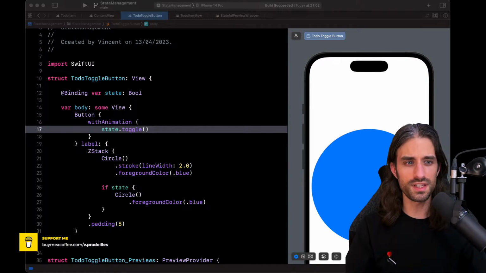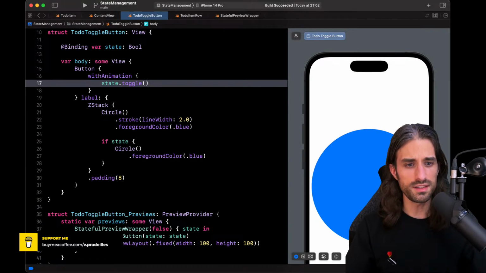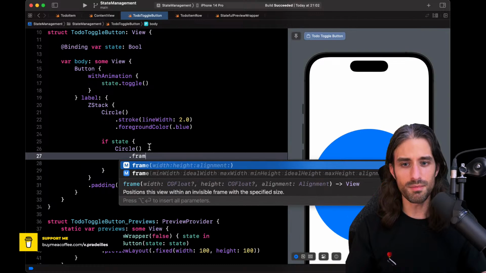Before we keep on moving, I just want to refine the design a bit, because what I wanted was not to cover the entire button with this filled circle, but rather leave some white space between the border and the filled circle. And to do that, we need to introduce a new view that we haven't used yet, because what I want to say, let me write it, will become much more clear.